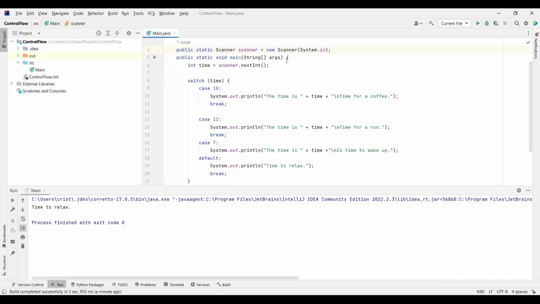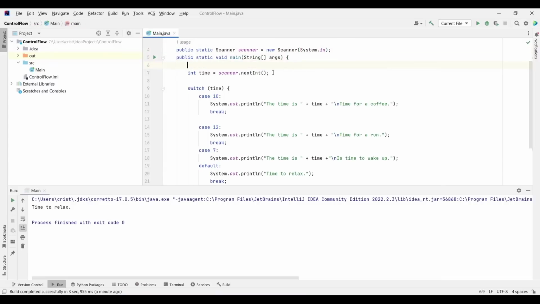So now this line of code is gonna wait for the input in the console, and it's gonna take that input, which is gonna be an integer, and put it inside our variable time, and then we're gonna test that value against our branches.